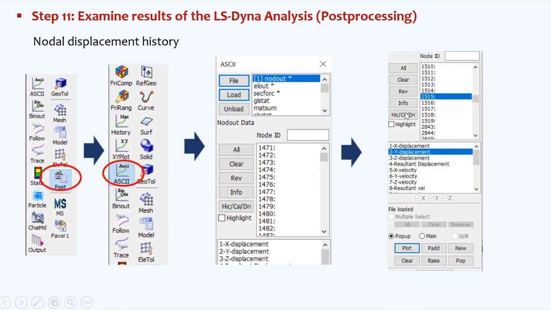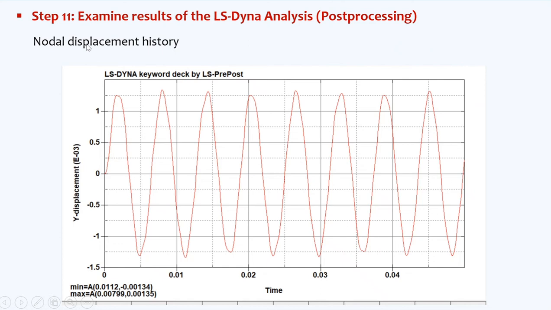And if I want to get a displacement response, I select the node ID. I selected this node ID of 1515, and then I want the displacement in the y direction. Y displacement I want. So I click on the Y displacement and then I click the plot option. When I click the plot option, I'll get the Y displacement that is obtained for this particular node. So this is the nodal displacement history that I'm getting for the